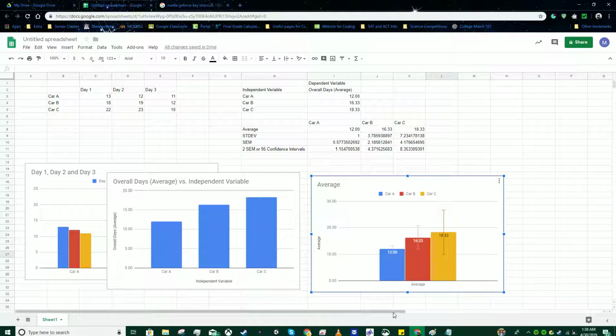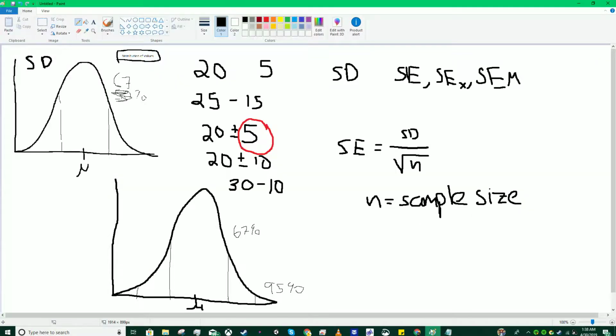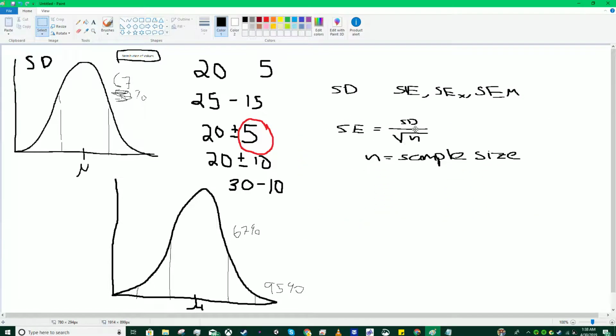And we know that this works according to the normal distribution. The normal distribution explains to us that 2 SEM represents the amount of error encompassed in 95% of the normal distribution. I keep on saying normal distribution, but I'm going to reiterate what that exactly means, just so that you guys are not confused. The normal distribution is basically